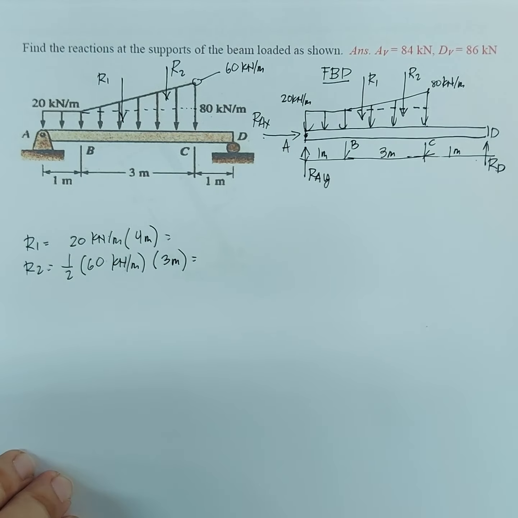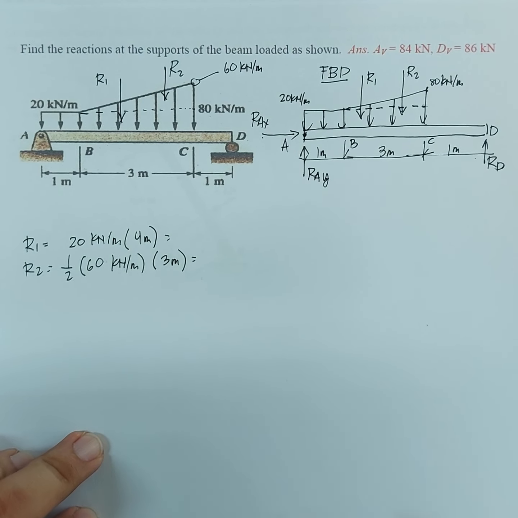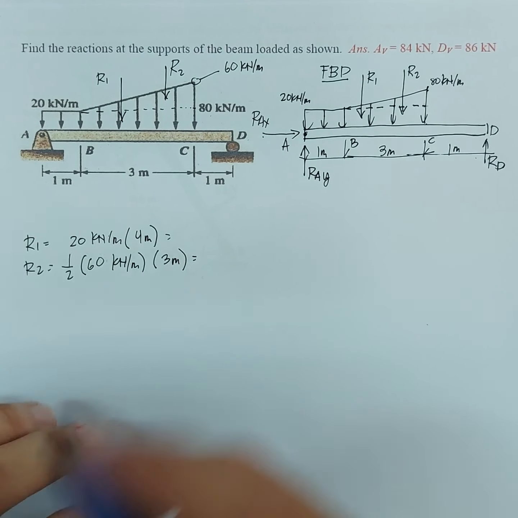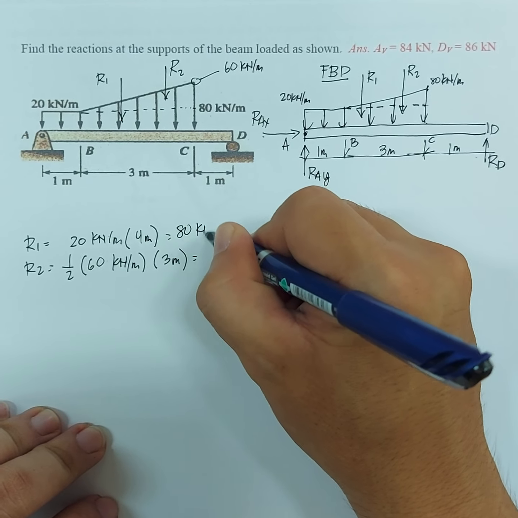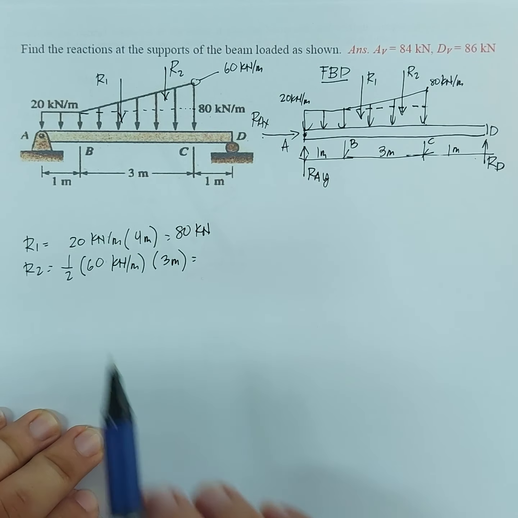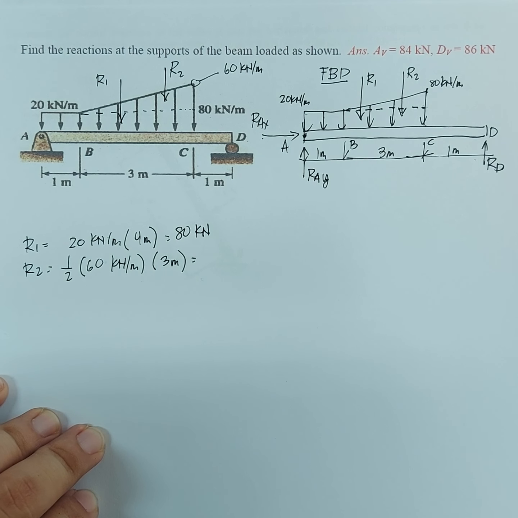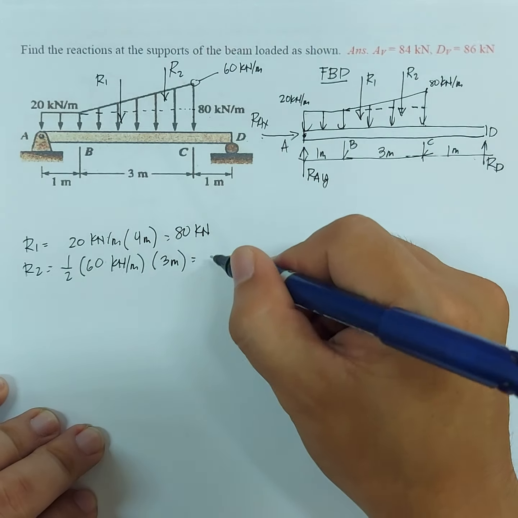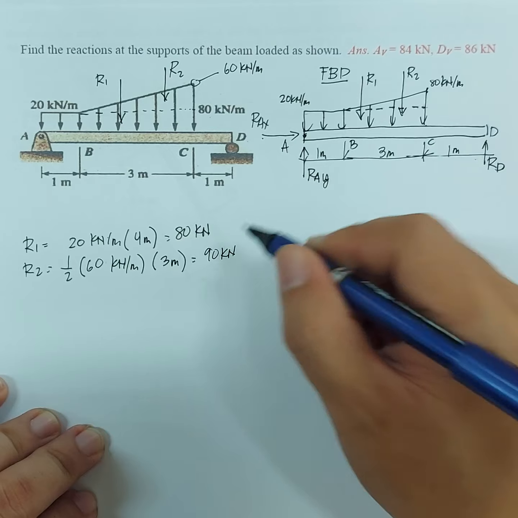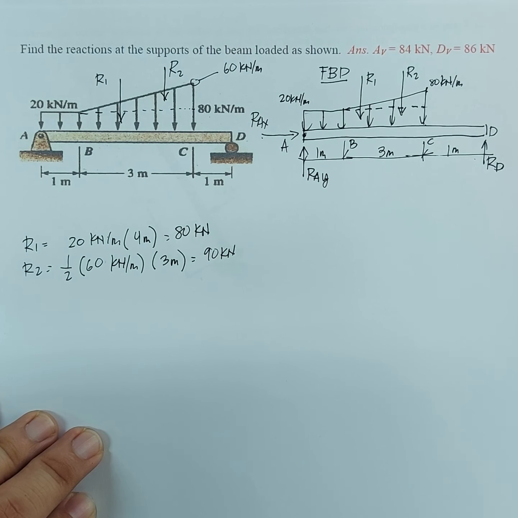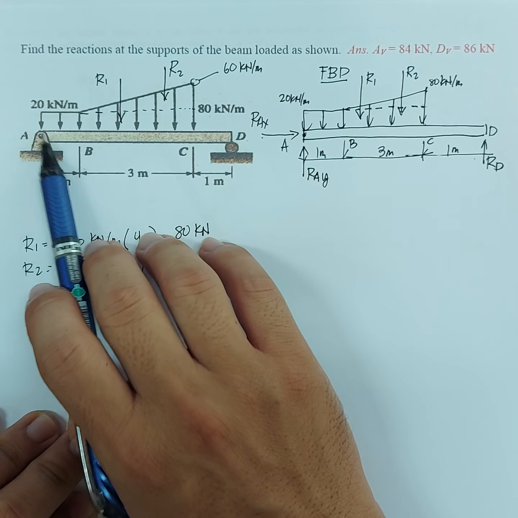So what is R1 and what is R2? So obviously R1 is 4 times 20. That is 80 kilonewtons. And R2 is equal to 1/2 times 60 times 3, so that is 90 kilonewtons. Okay. And of course, since we are summating moments at A, we